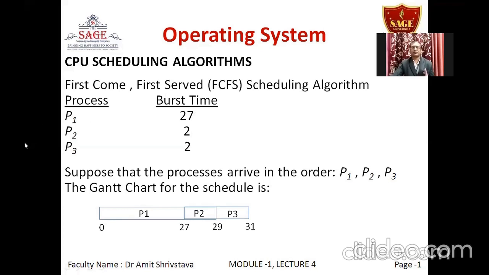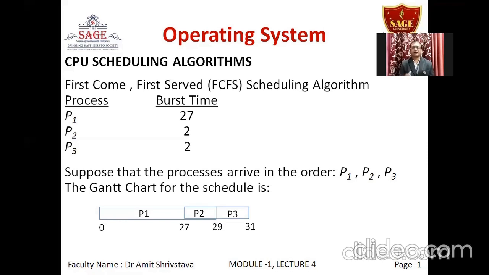Similar will be the case when all these processes P1, P2, and P3 go to the input-output device. Since P1 is a CPU bound process, its IO requirement will be very less. But P2 and P3 are IO bound processes, so their IO requirement will be very high. So what will happen? If P2 and P3 are executed first in the IO device queue and P1 last, then again the system efficiency will decrease, or the average waiting time of the system will increase, right? So when one CPU bound and many IO bound processes are there, or when one IO bound and many CPU bound processes are there, then this kind of problem will arise.